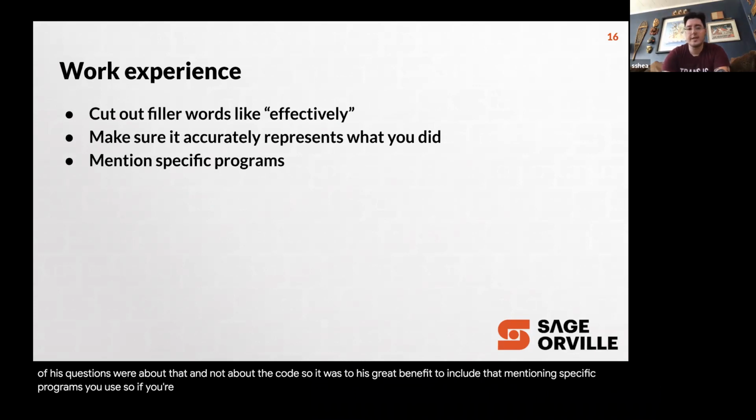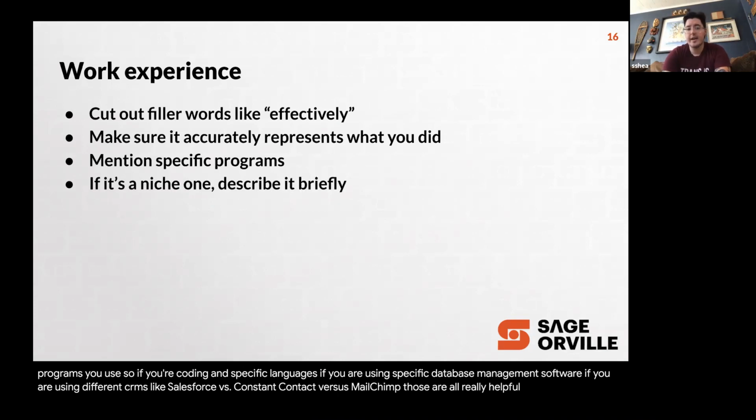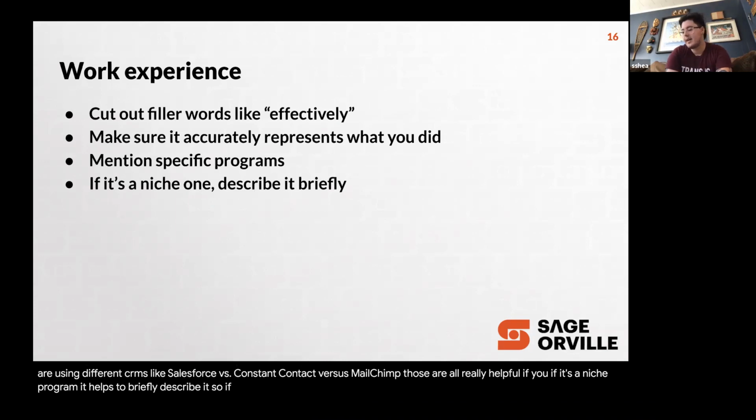If you're coding in specific languages, if you are using specific database management software, if you are using different CRMs like Salesforce versus Constant Contact versus MailChimp, those are all really helpful. If it's a niche program, it helps to briefly describe it. So if I've worked with Microsoft Dynamics, a lot of people don't know what that is. So I'll say,